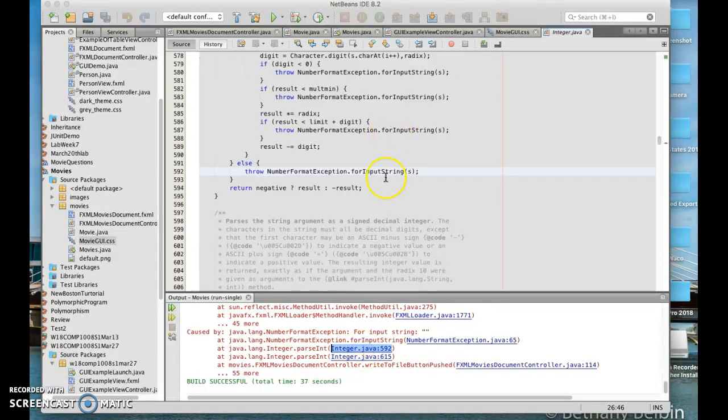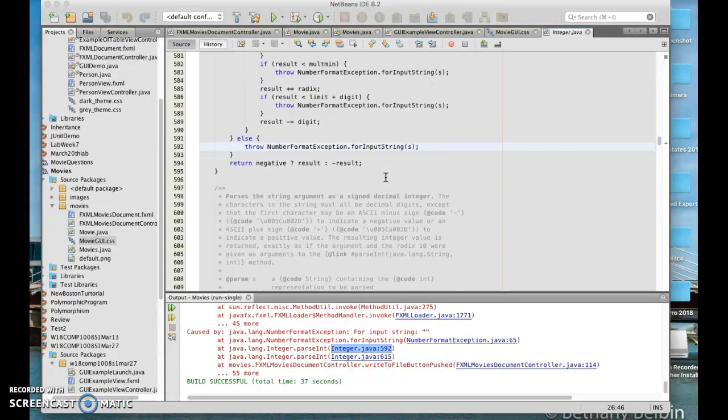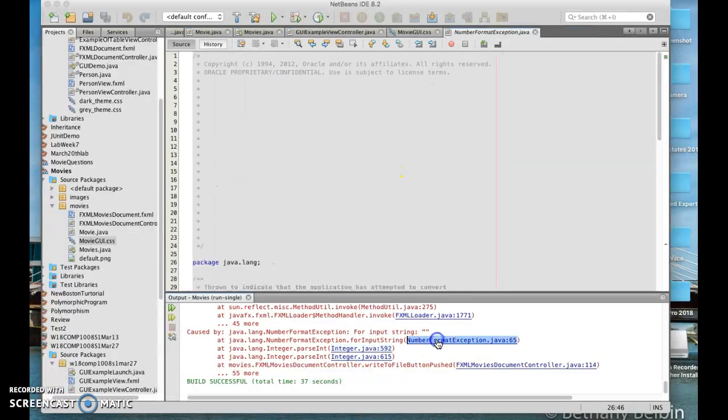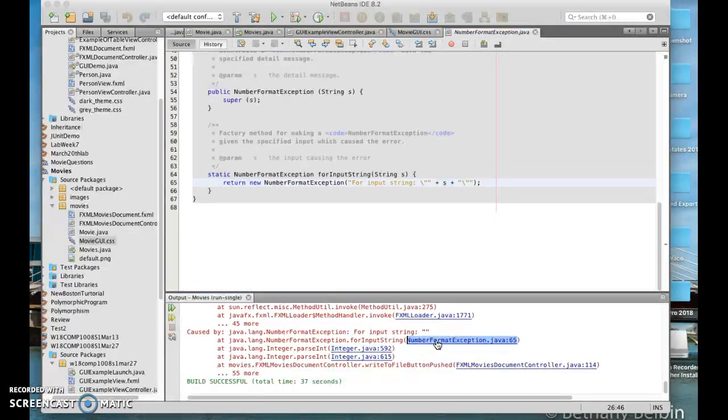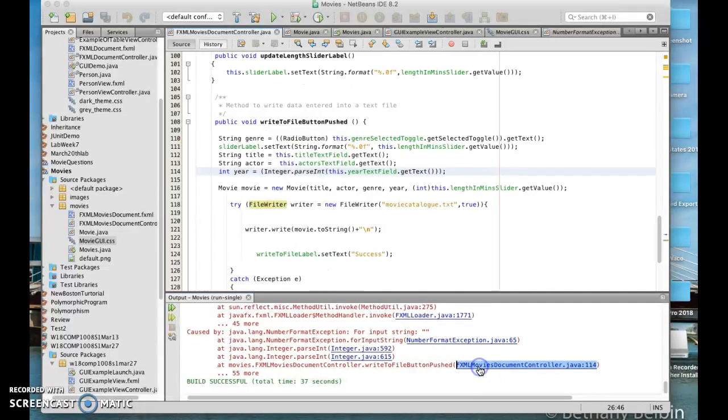So if we click on that, here we go. So you can kind of see it says that the problem is the int year Integer.parseInt, which is the year text field, which is what we did not enter. Okay, so if I close this now,